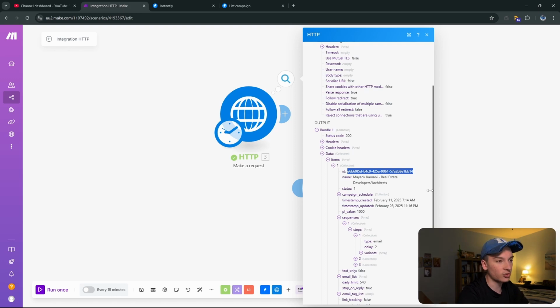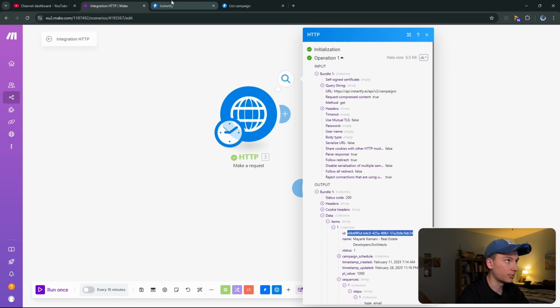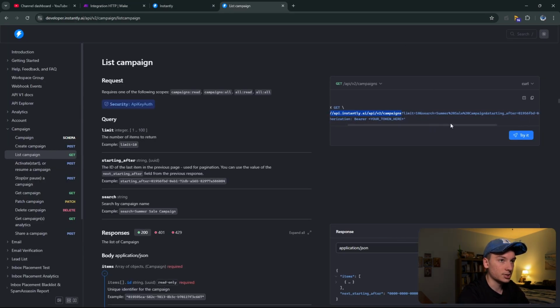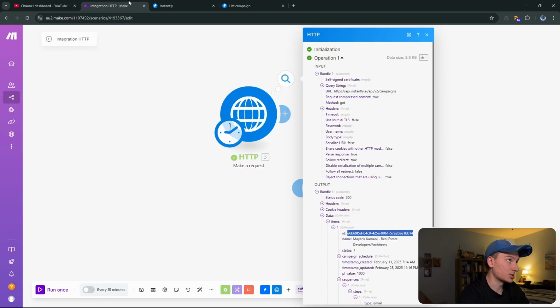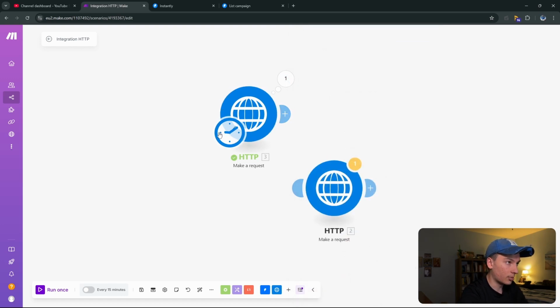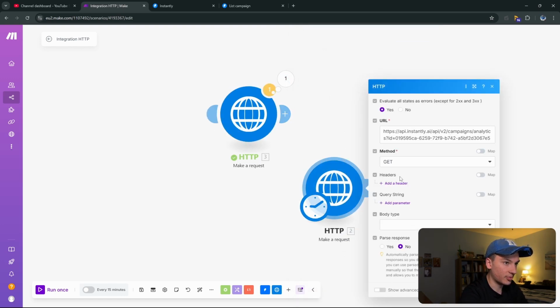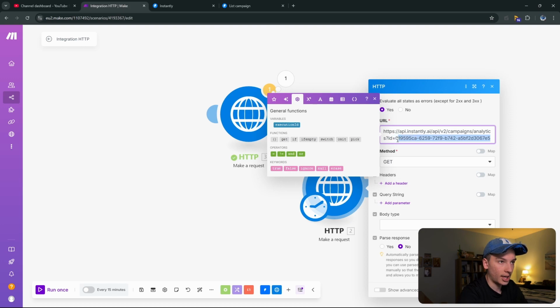And there's a lot of different ways you could look this up. Like there is this search, so we can search for specific ones. What you could do is list all your campaigns and then map those into a Google Sheet or something and store them forever. So you can just hook that up to a client's database or something. But what we can do is drag the trigger to this next HTTP module, and paste this campaign ID in,